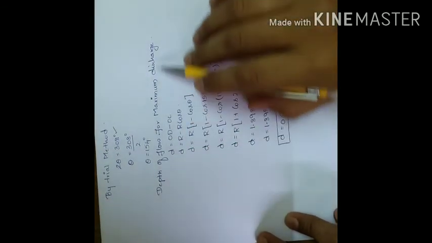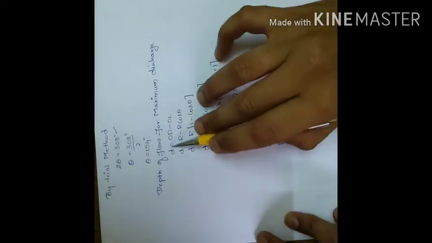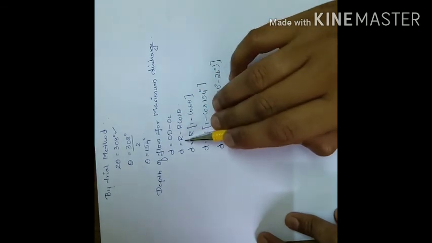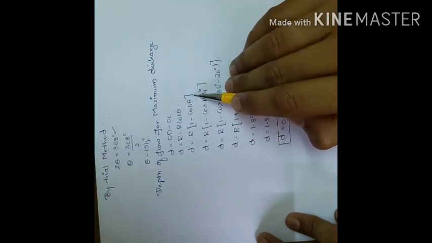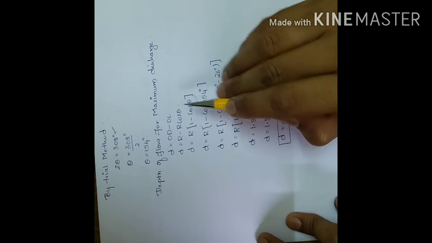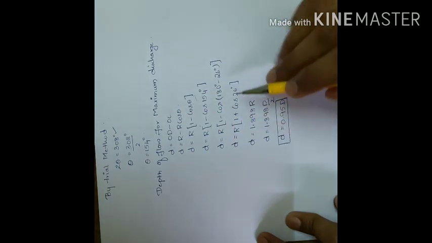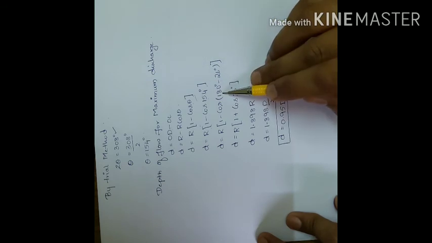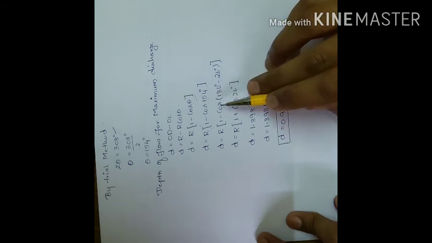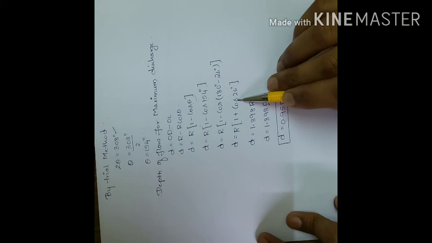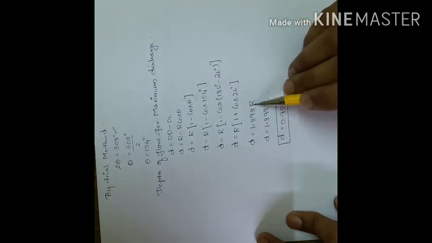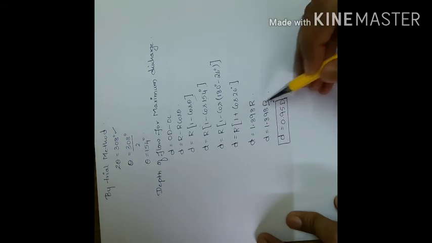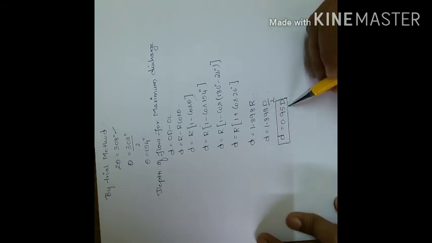Now the depth of flow for the maximum discharge is given as d is equal to OD minus OC, so r into 1 minus cos theta. This we have already seen previously. Now substituting the value of theta here, 154 degrees is written in the form of allied angles formula, and this cos theta is converted into cos 26 degrees. So it will be 1.898 r. Again converting r into d by 2, the maximum depth will become 0.95 d.